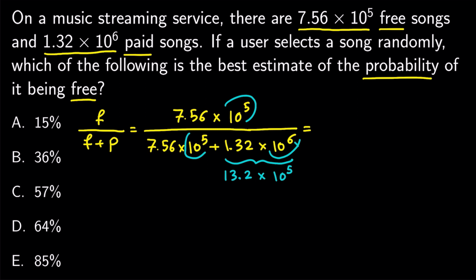You see, I've reduced the power from 6 to 5, which is taking 10 out here and multiplying this number by 10 to get 13.2. Now we've got just powers of 5. We can simplify 10 to the power of 5 to get 7.56 divided by 7.56 plus 13.2